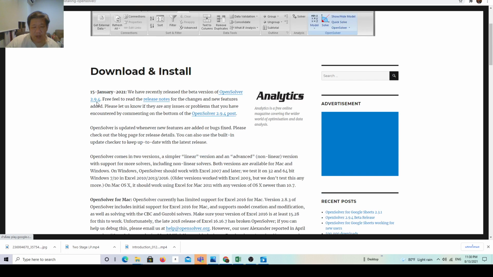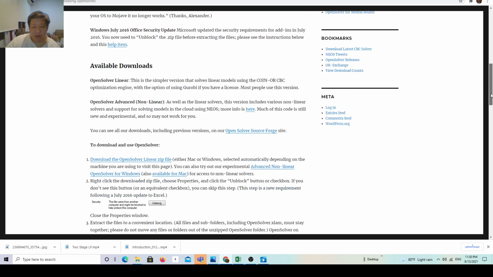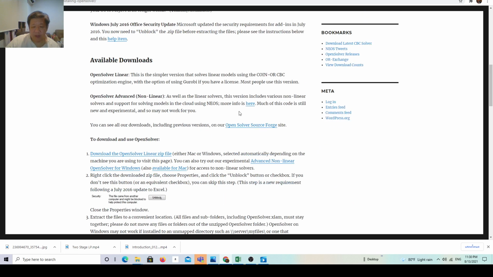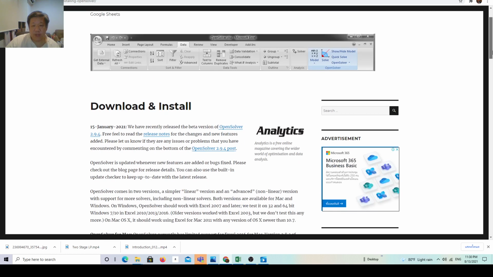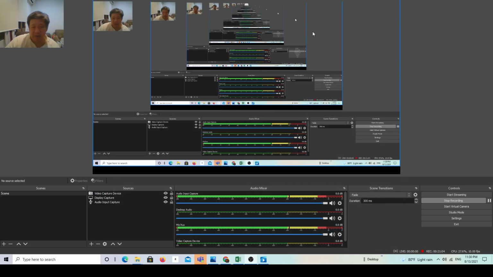You can install it by referring to this link, and there will be a version available that you can download. You can download the Windows zip and read the instructions. Once you download it, it's going to appear here. But first you need to download the current version, which I don't have here, so I'm going to move you